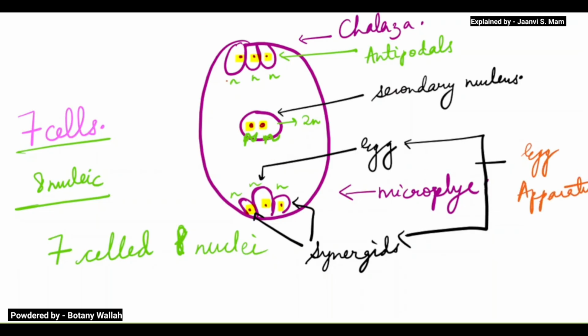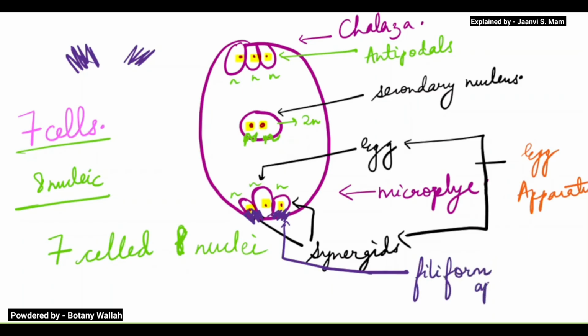Okay. And then here we also have small finger-like structures here and here, like this. This structure which I have shown here is known as the filiform apparatus. Okay, this you should know, filiform apparatus. So this is all about the part which we should know about